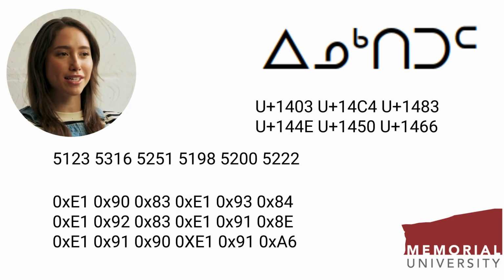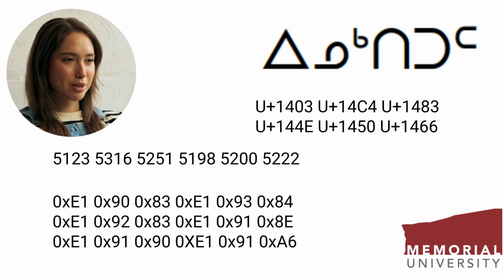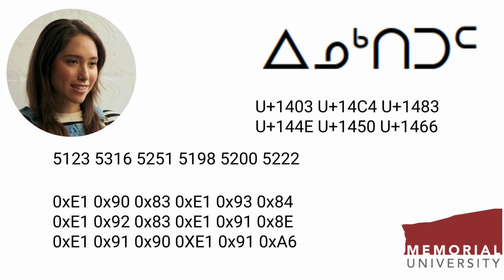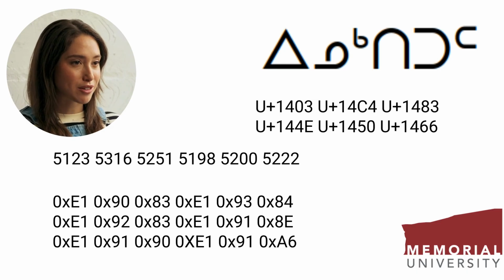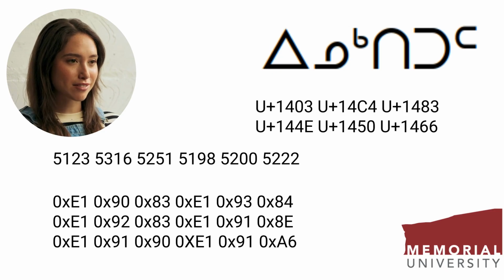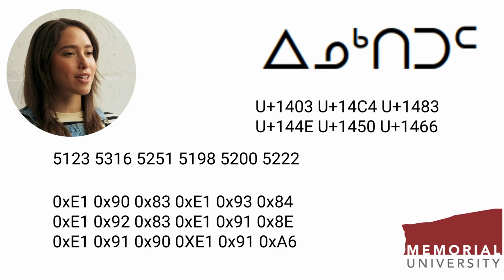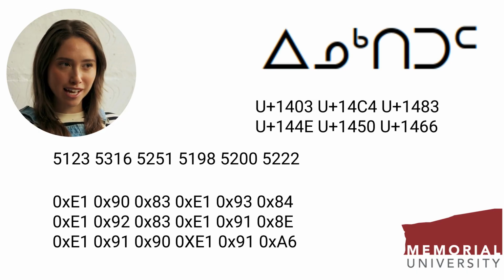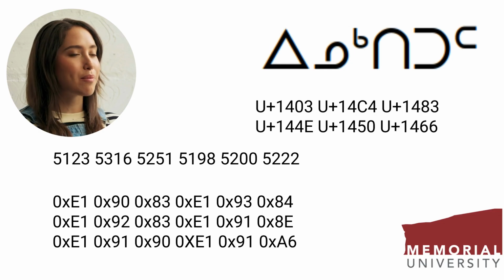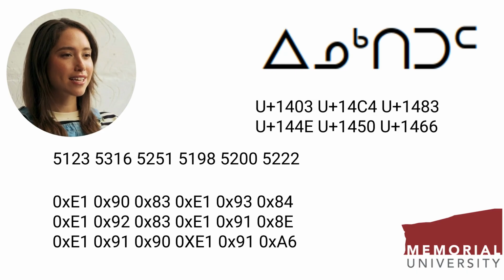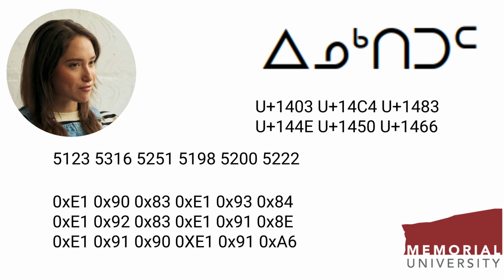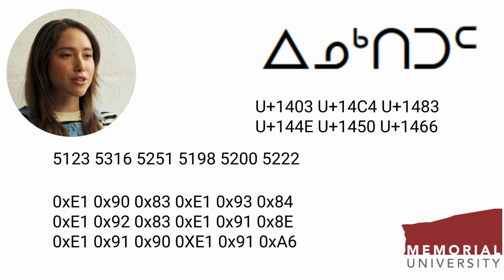These are usually written in hexadecimal form, indicated by the 0x prefix. Hexadecimal form is a base 16 system and uses numbers between 0 and F. That is, it uses 0, 1, 2, 3, 4, 5, 6, 7, 8, 9, A, B, C, D, E, and F as numbers. For example, 0xe1 is 14, the E, times 16, the first digit, plus 1 times 1, the second digit, yielding 225. The sequence of Unicode characters for the word Inuktitut becomes